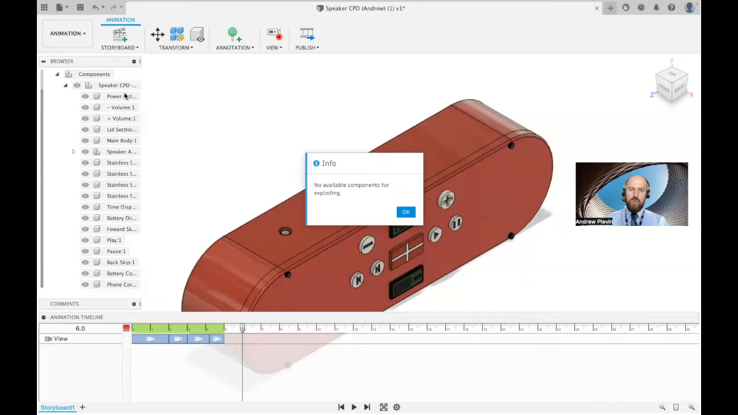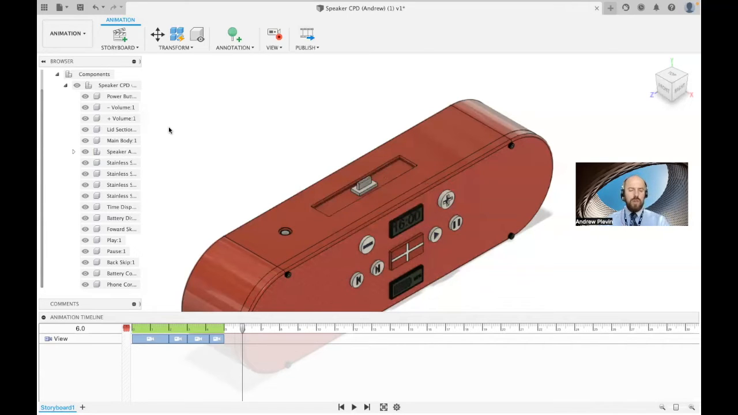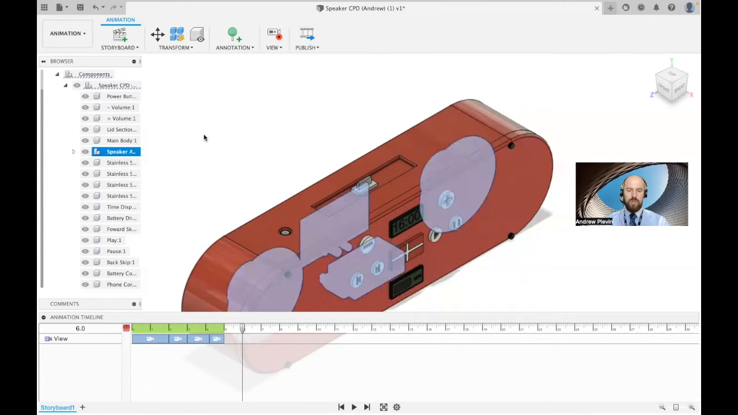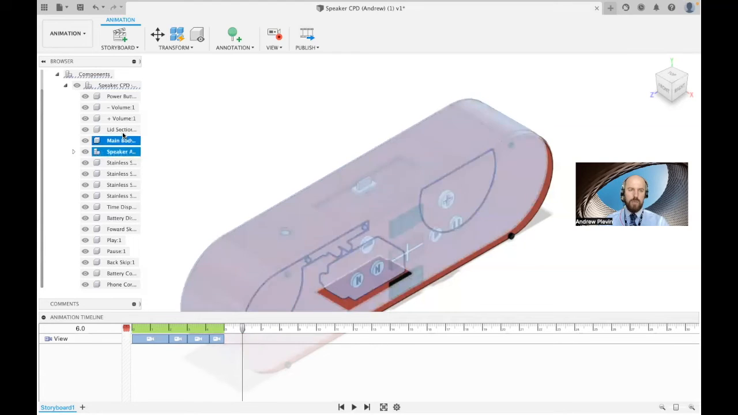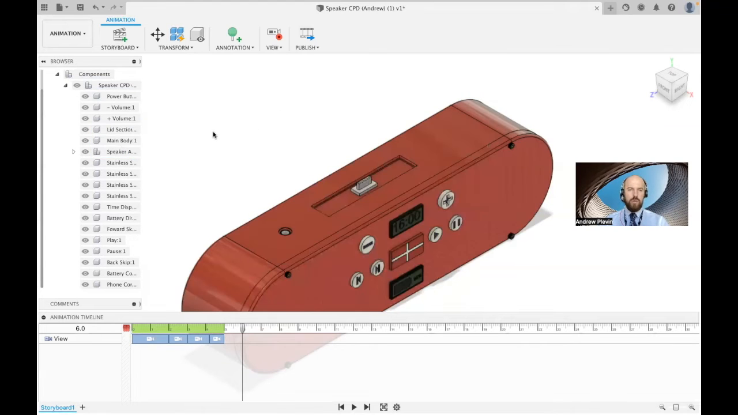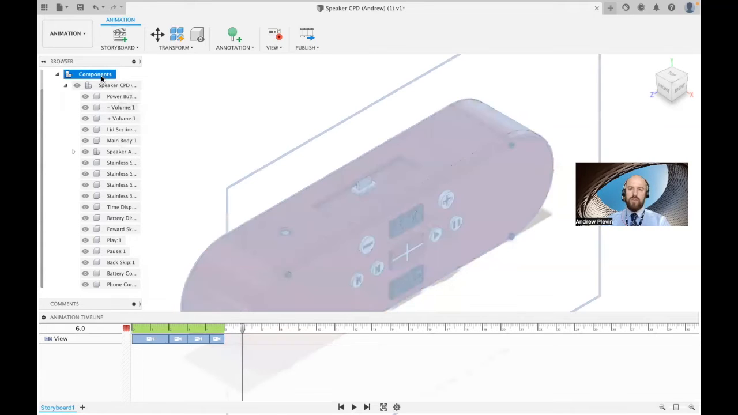Well, when I look at my browser on the left, I've got plenty of components there. What it's actually telling me is that I haven't selected any components. So if I just click OK, you can do this by either left clicking on individual components. Again, if you keep hold of Control or Shift on your keyboard, you can select multiple ones. But if you want to just quickly select all components, you can just click on Components at the top of your browser. So left click on